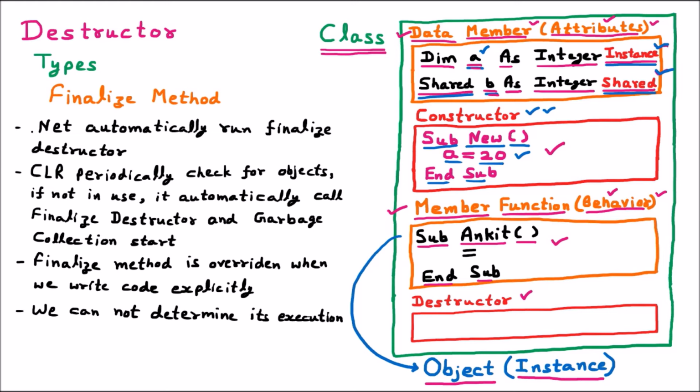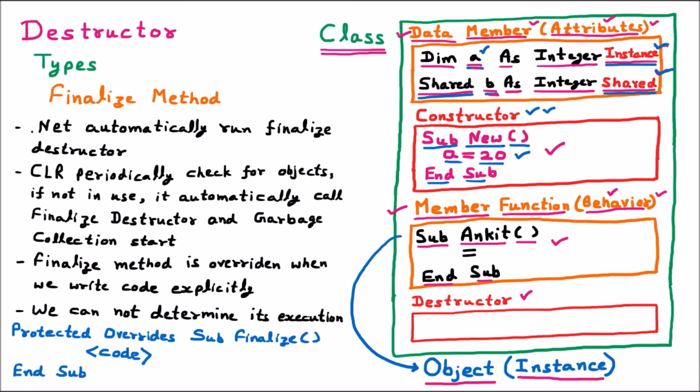Now we are taking one example. With the help of that, we can override the finalize destructor. If we want our own code to work there, then we should use this example. So this is the code by which we can override the finalize method. Overriding means that in the system the finalize method is already defined. If we want our code to work and the system code not to work, then this is called overriding. And with the help of this code we can override that.